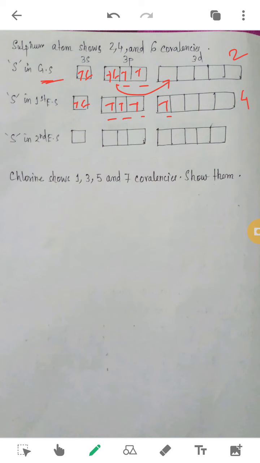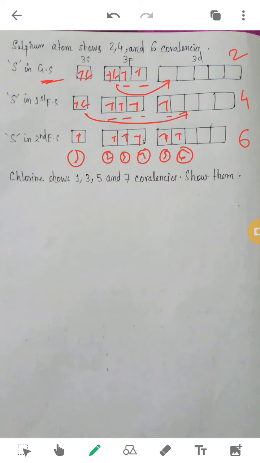And the next one, sulfur in the second excited state, where from the paired s orbital, with sufficient energy, an electron will jump to the next d orbital. So here only 1 electron is left. Here we already had 3 and we had this also, and now we have this. So how many unpaired electrons do we have here? 1, 2, 3, 4, 5 and 6. We have 6 of them, and so the covalency here is 6. So SF6 is possible. So in different compounds, sulfur may show the valencies 2, 4 and 6. All of them will be stable ones.